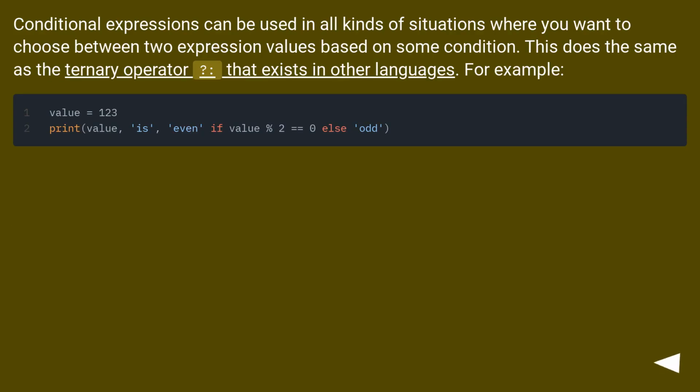Conditional expressions can be used in all kinds of situations where you want to choose between two expression values based on some condition. This does the same as the ternary operator ?: that exists in other languages. For example,